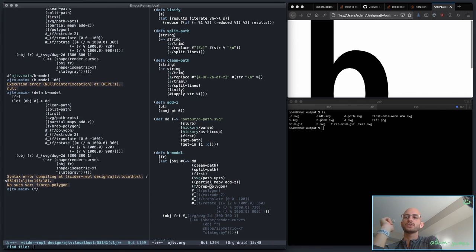The polygon function builds a data structure. Actually, I could run it. Polygon from a list of points. So if I do a really simple triangle, 0, 0, 0, 0, 1, 0, 1, 1, 0,